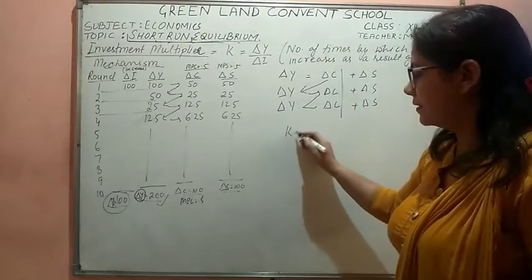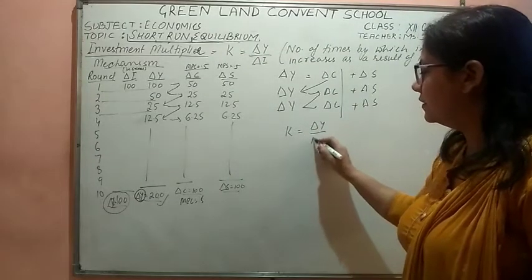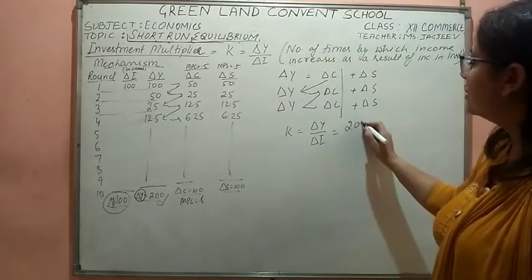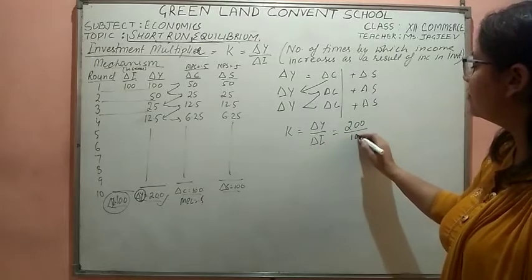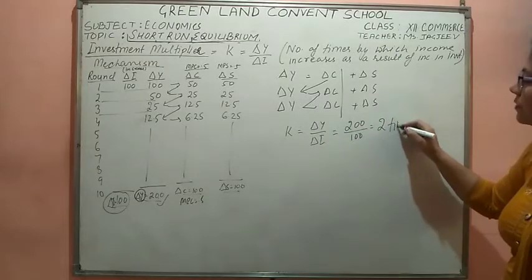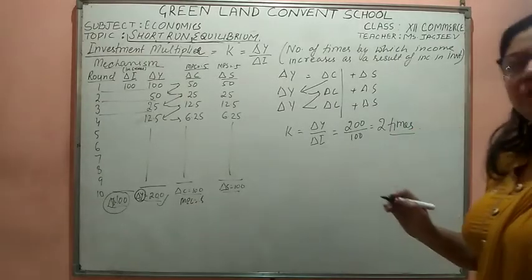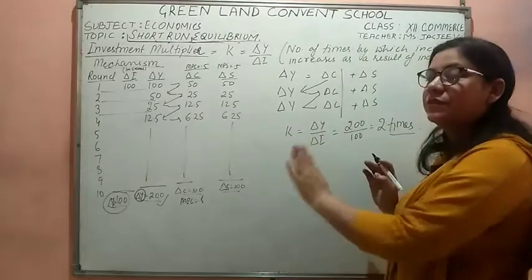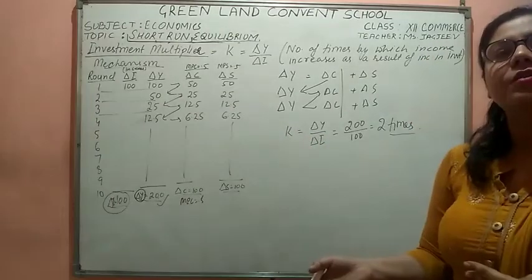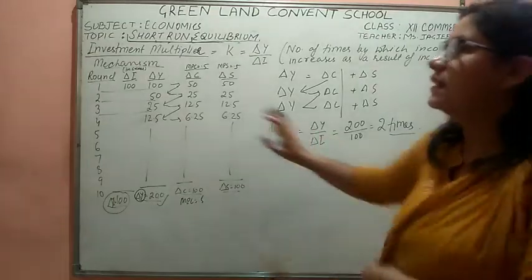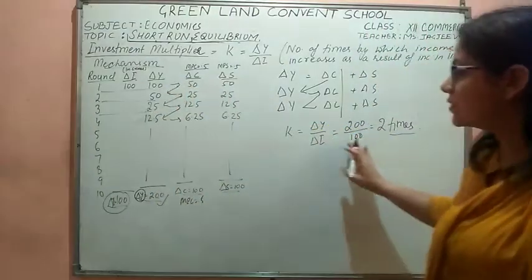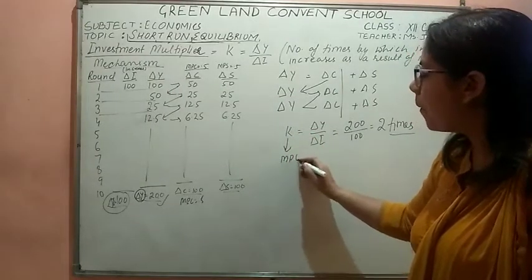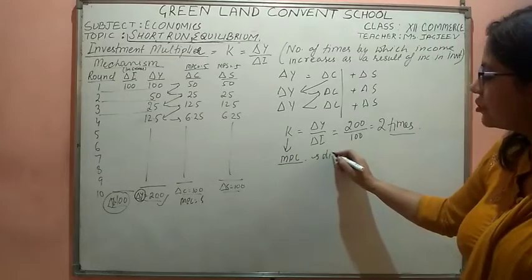When we say the multiplier is equal to delta Y over delta I, it means that when change in income is 200 crores, the change in investment is 100. So a 2 times multiple effect is shown. Multiple effect is shown 2 times. 2 times means that whatsoever is invested in the economy, the income will be doubled, 2 times. There is a direct relationship between K and MPC. Direct relationship.